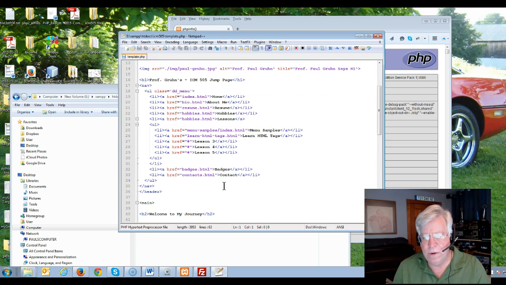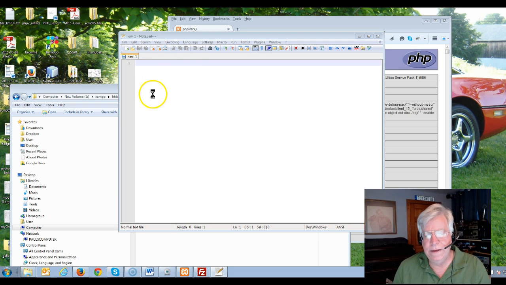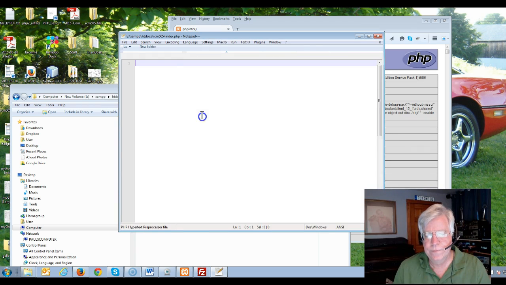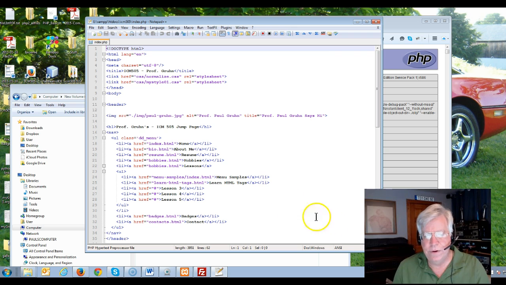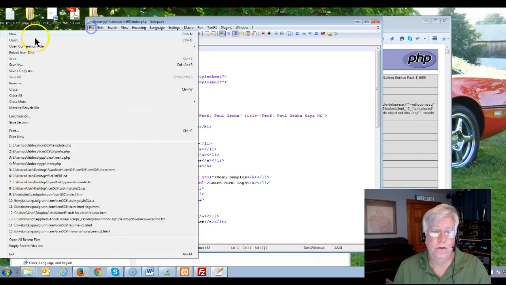Let's see. Oh, I don't have, no, I'm not going to take my template page. I'm going to actually take, it looks like I didn't update it enough. I'm going to open my index page. And now what I want to do is create a new file. File Open, and sorry, not File Open, File New,